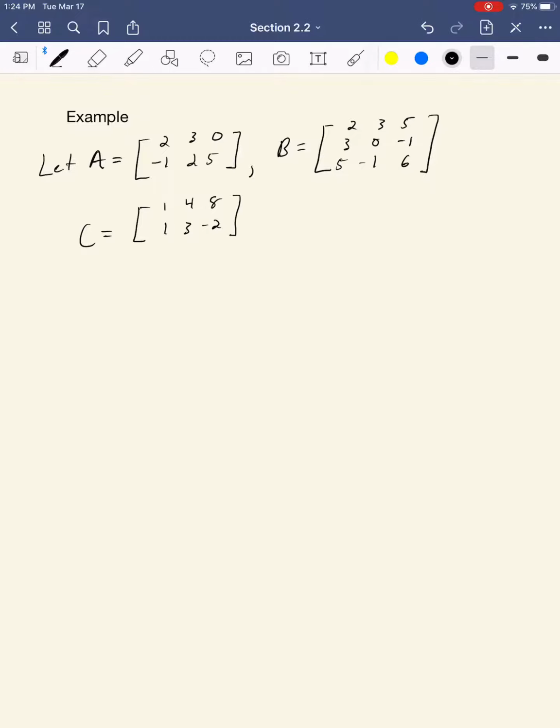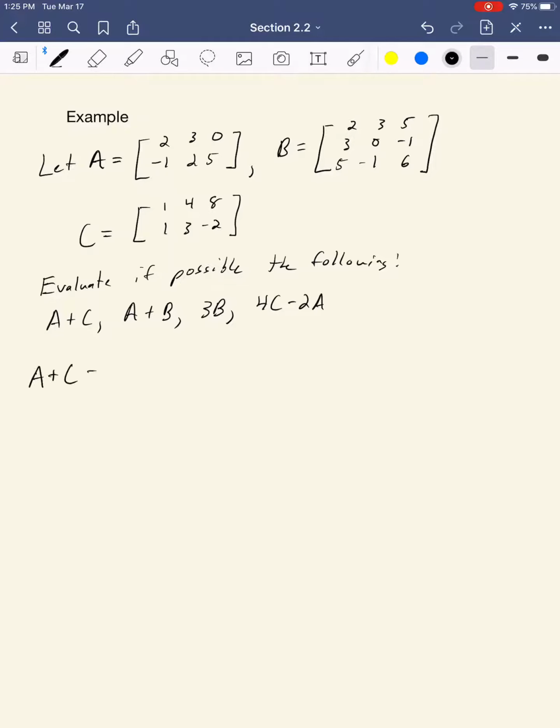So what we're going to do is evaluate, if possible, the following: A plus C, A plus B, 3B, and 4C minus 2A. So let's look at A plus C. Is A plus C well defined? Well, yeah. A is a 2 by 3 matrix. C is also a 2 by 3 matrix, so they have the same size, so we can go ahead and